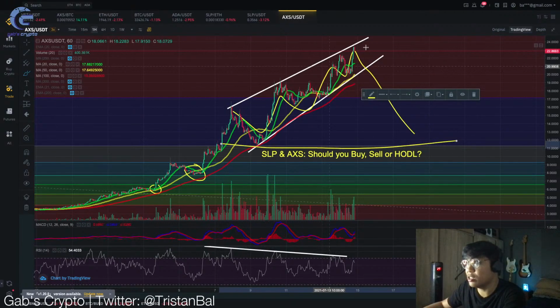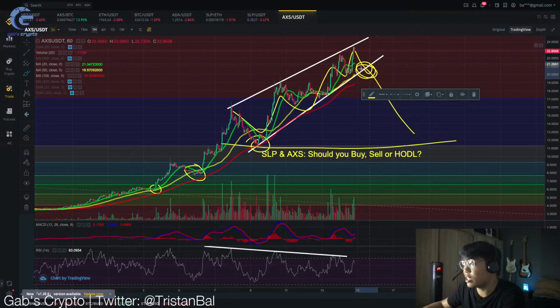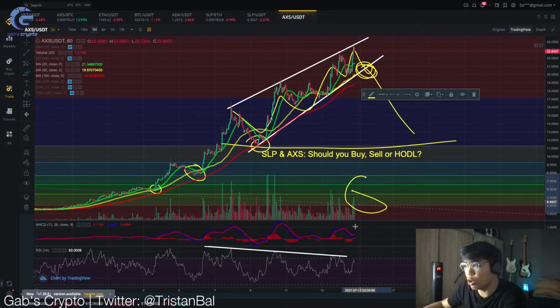So this actually makes sense kasi kung titingnan mo yung movement niya, meron tayong support at the 11.3 at the Fibonacci retracement area, as well as itong rising wedge, ang technical target niya is itong bottom of the wedge. So if ever na nag-breakdown siya, kailangan ang mangyari dito is nagkaroon ng hourly candle close or 4 hour is mas maganda. If nagkaroon ng candle close with massive sell volume, dapat maraming red volume dito. If nagkaroon ng ganong movement, this would confirm the breakdown.